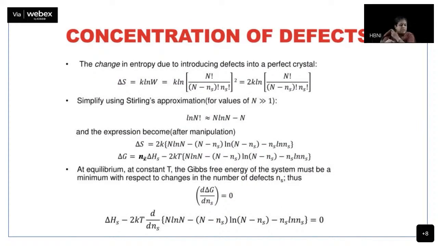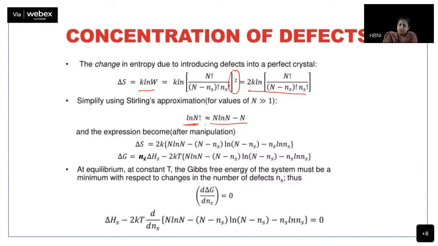So now the change in entropy is k log natural W. I can say k log natural W_C into W_A, which is a square, and because it is log natural, I can take the 2 out. So 2k log natural of this expression. Now I use something which I call the Stirling approximation, which states that log natural of n factorial is given by n log natural n minus n. I'm repeating each step because after the class, before shutting off your PCs, just go through this derivation once.